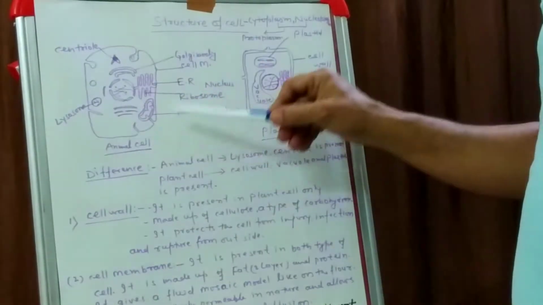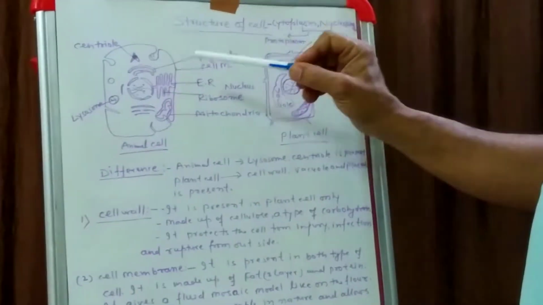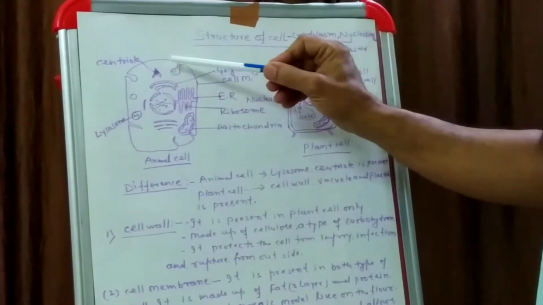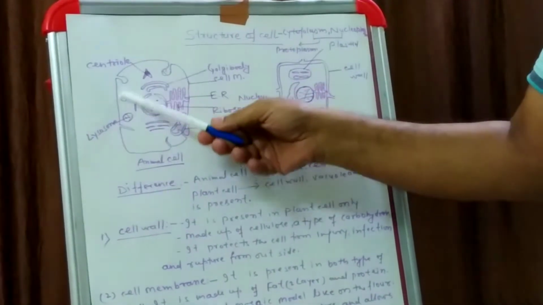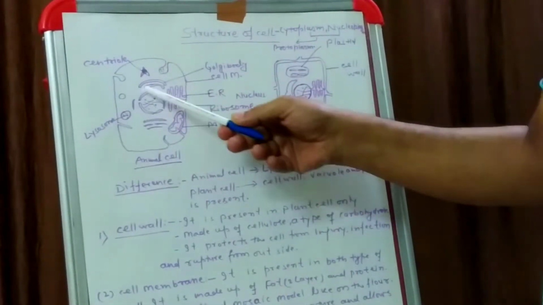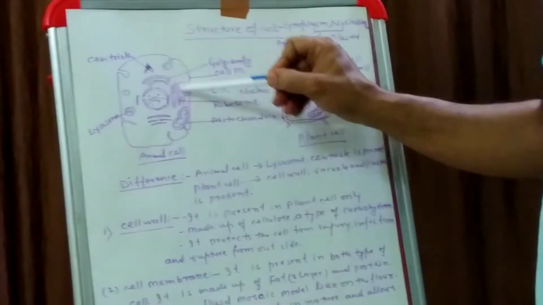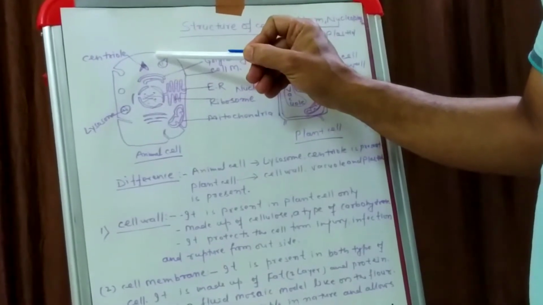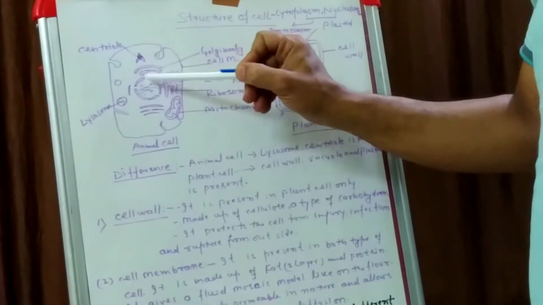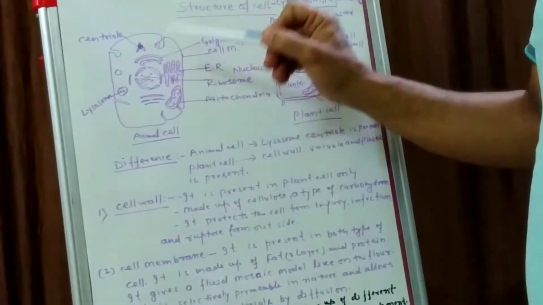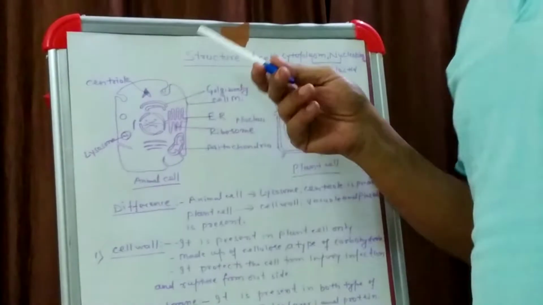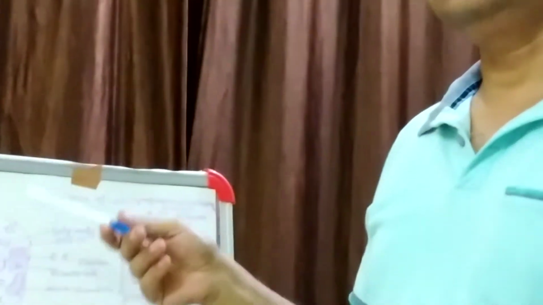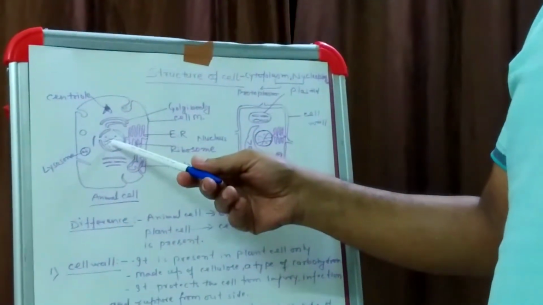But if you look at the basic structure of the cell, it consists of the protoplasm. The protoplasm is the whole living matter, in which we can include the cytoplasm and the nucleoplasm. Cytoplasm includes the cell organelles, including the cell membrane, and nucleoplasm includes the nucleus, in which you find the chromosome, that is known as hereditary material. This chromosome is known as hereditary material because it transfers the character from the parents to their offspring. So this is called the hereditary material.